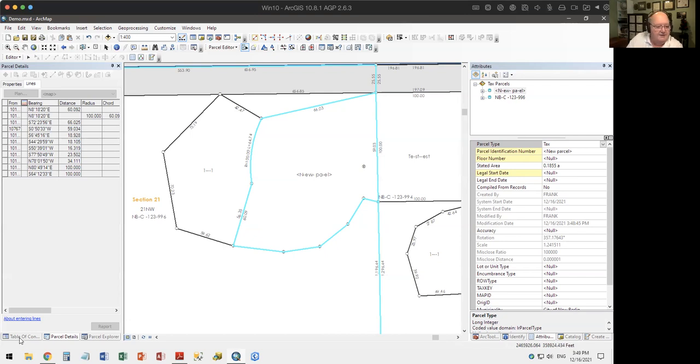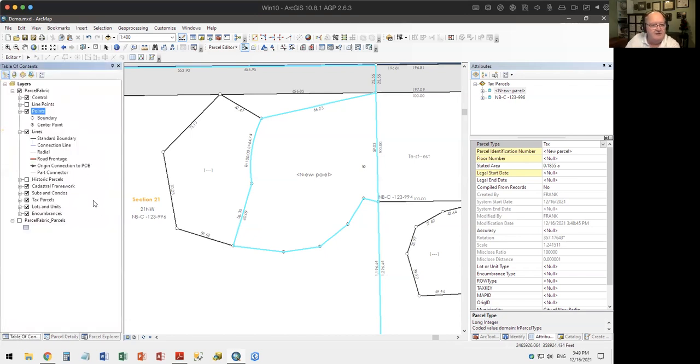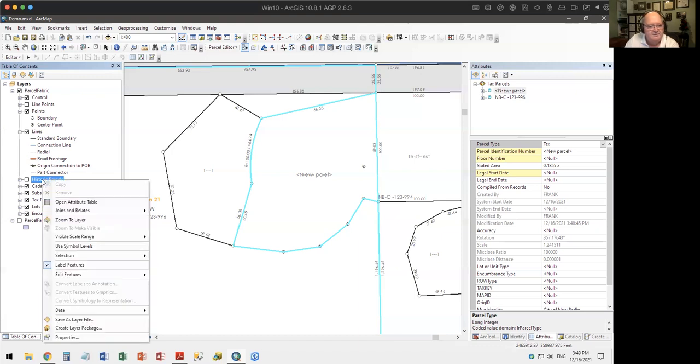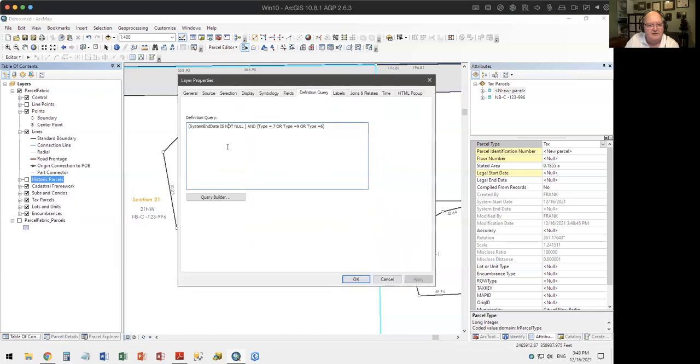All right, let's see what else I can do here. If I go over to my table of contents again, historic parcels. Now, I actually listed a couple of parcels here as being historic, but because my table of contents has a definition query associated with it for historic parcels, it says that the system end date is not null. That's fine. And then the type is a 7, type number 7 is a tax parcel, or the type is 9, type number 9 is an easement,